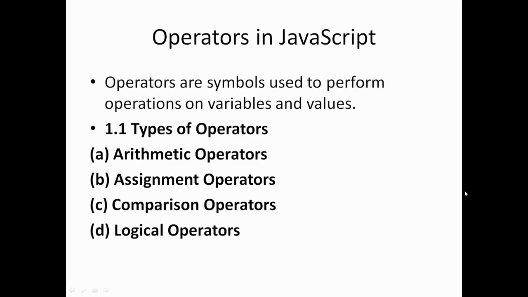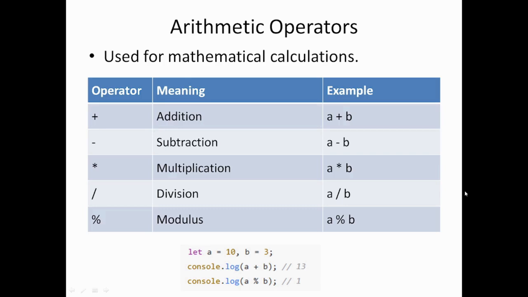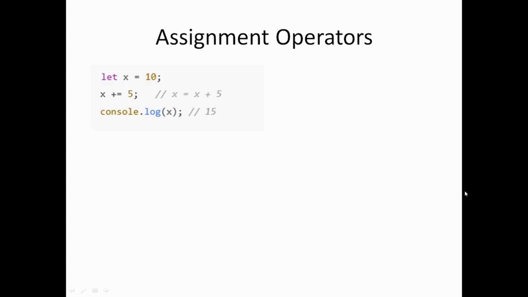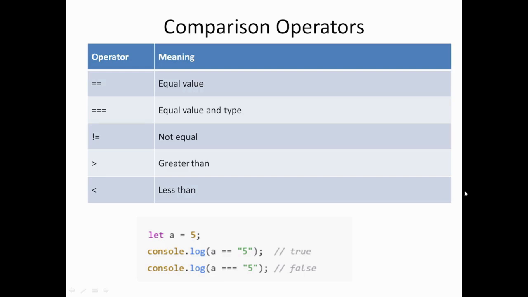Like other languages, JavaScript also supports arithmetic operators, assignment operators, comparison operators, and logical operators. Generally, arithmetic operators are addition, subtraction, multiplication, division, and modulo. Assignment operators are equal to, and shorthand assignment operators like plus equal to, minus equal to, multiply equal to, division equal to. Comparison operators like